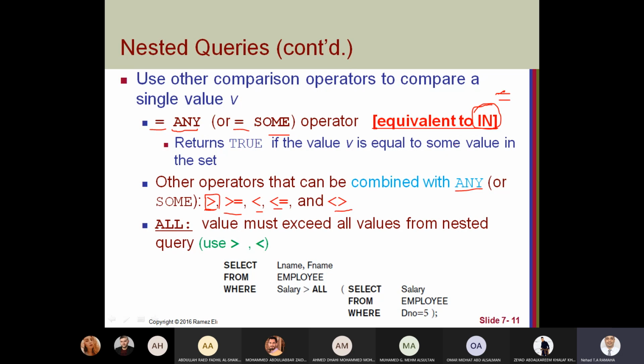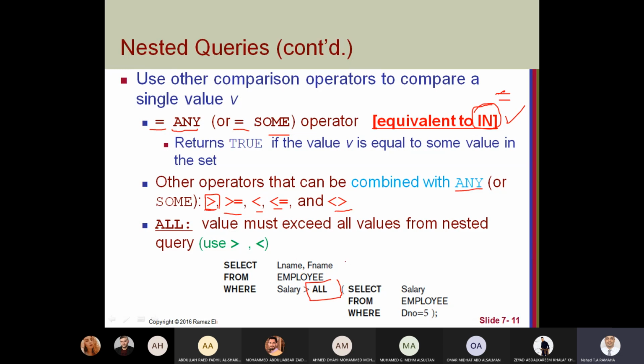We usually use the equivalent IN, or if you want the value to be compared with all other values, we use ALL. So we use ALL to check if this value is more than or less than all other values.